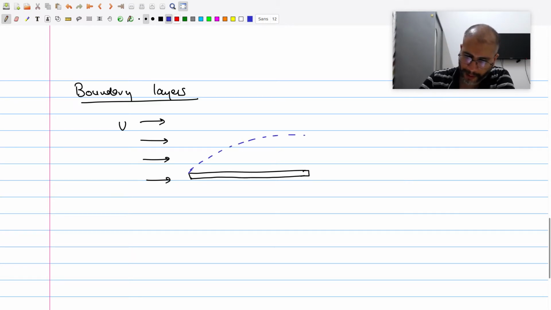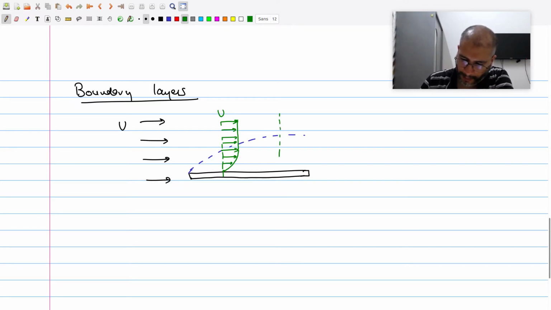And the way we define this boundary layer is that on the surface of the plate there is a no slip condition. So the x velocity is what we're talking about. The x velocity is 0, and as we move up, the x velocity increases until it reaches a point where the x velocity becomes constant, which is equal to the uniform flow speed U.